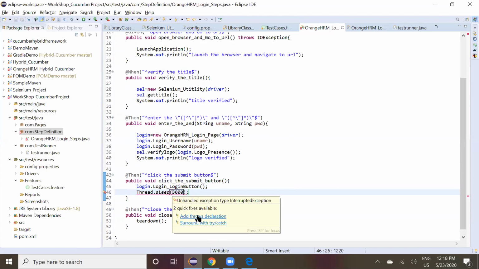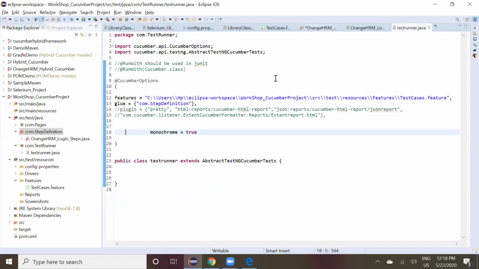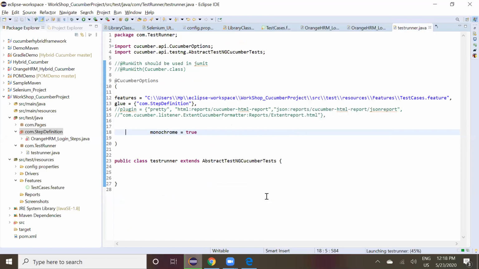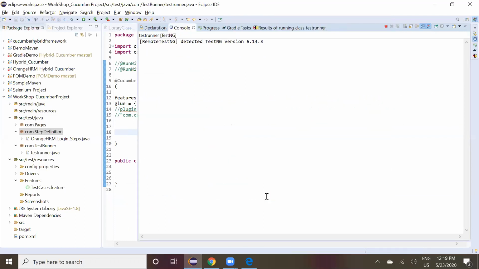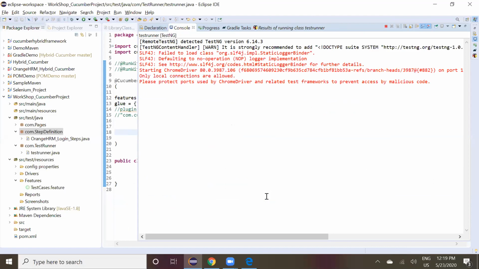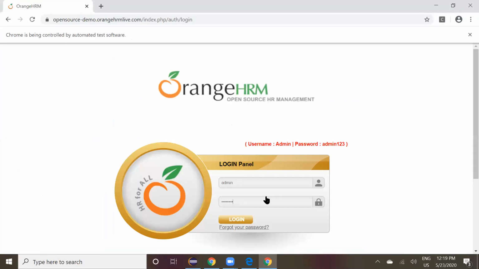Run the code. First time it iterated with invalid credentials.